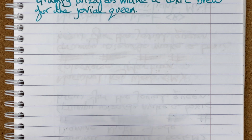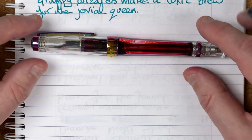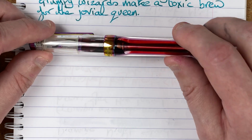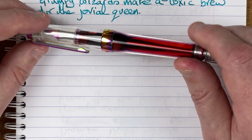So, at position number 3, I'm giving that to the TWSBI VAC 700R. Now, this ink in here, I'm just trying to show you, it is a shimmer ink. So, I'm agitating the pen as I'm talking. It's a nice red ink in there, and that's a...